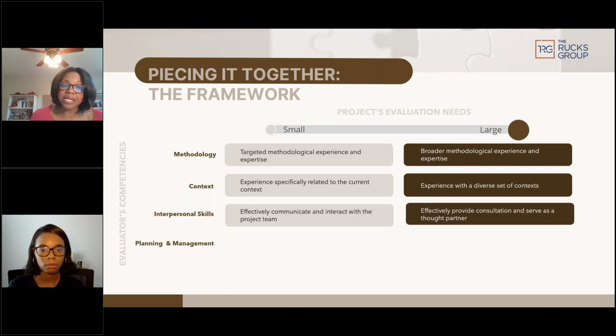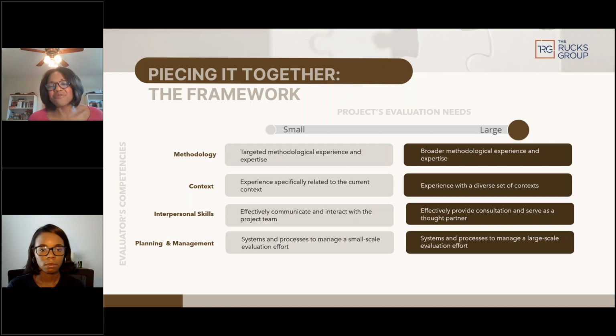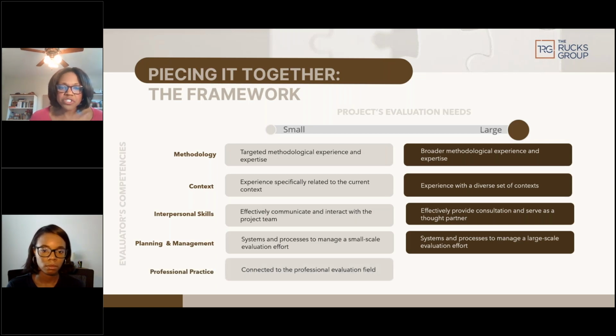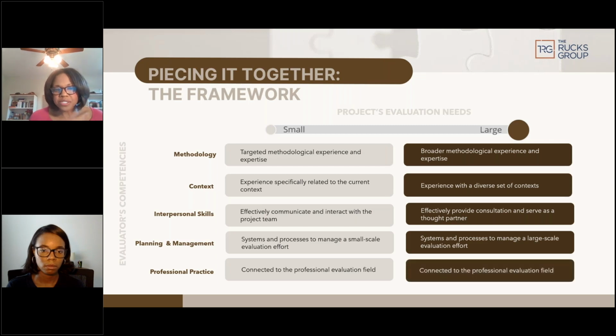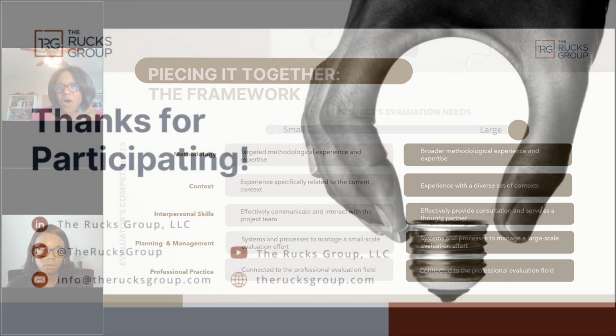Then in terms of planning and management with a smaller project, that their systems and processes are in place to be able to manage a small-scale evaluation effort. And then in the same vein, that you want systems and processes that can be used to manage a large-scale evaluation effort. And then with professional practice, for both small or large, you want someone who is really connected to the professional evaluation field. So let me pause there and